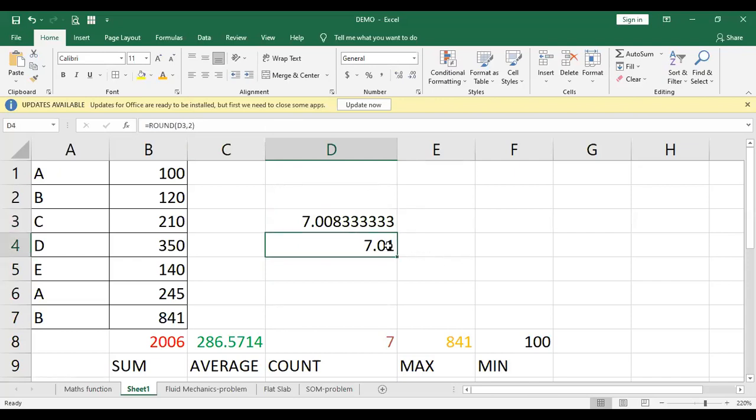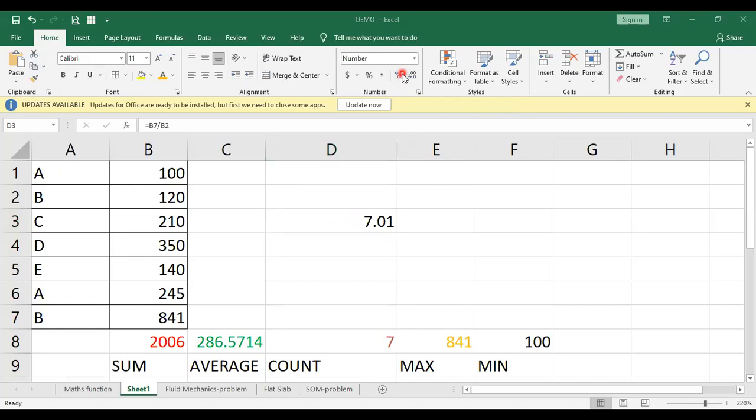Or you can even click on this part, and then here it is the decrease decimal or increase decimal option. So if you want to increase the decimal or decrease the decimal, this option can be used. So I'll just show you again.